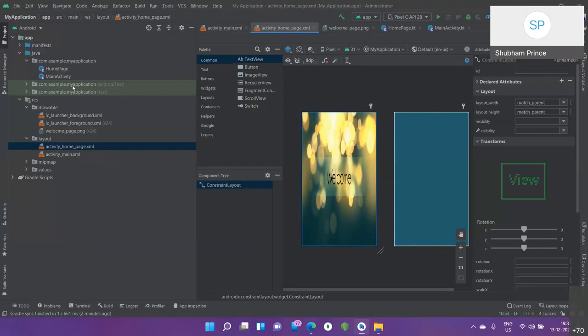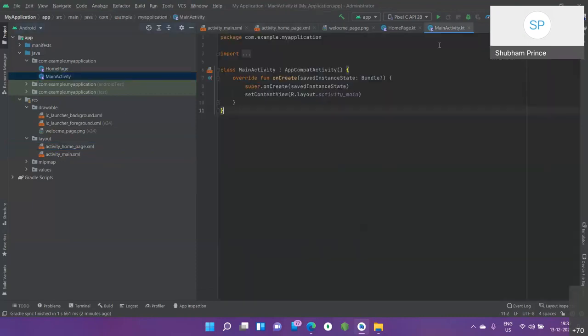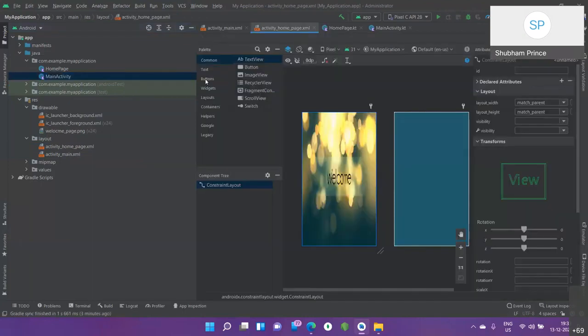So now we have the main activity, which is having some background, and what I will do is I will create a button there, so click it and move to the second page. To work with it, just go design, and we have the buttons. Buttons are here. So good.